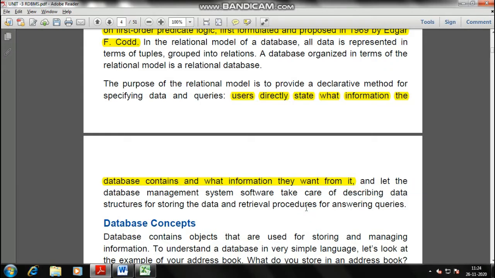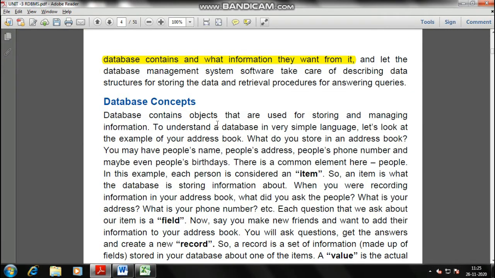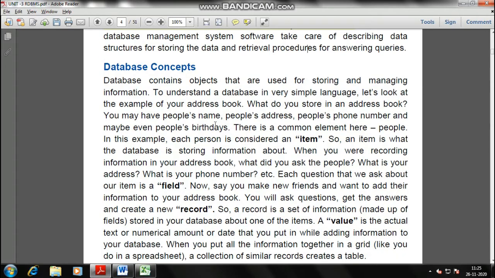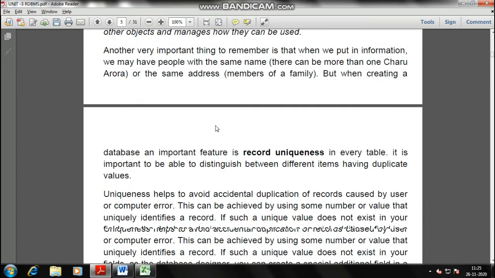Because every data will be very clearly saved, stored and created there, so that if the user wants the data in the near future, he or she can easily know what information the database is having and what information they are looking for. Exact, accurate information must come if they search for that particular information or data. Okay, so that is why it is known as a relational database management system. Everything is made up with a relation between the tables.